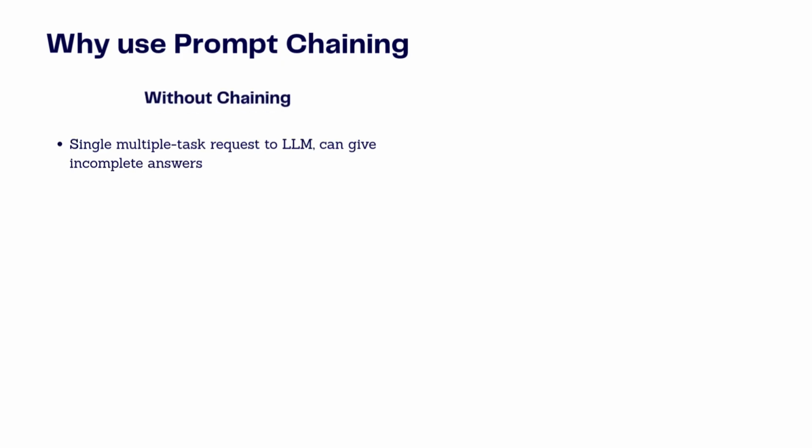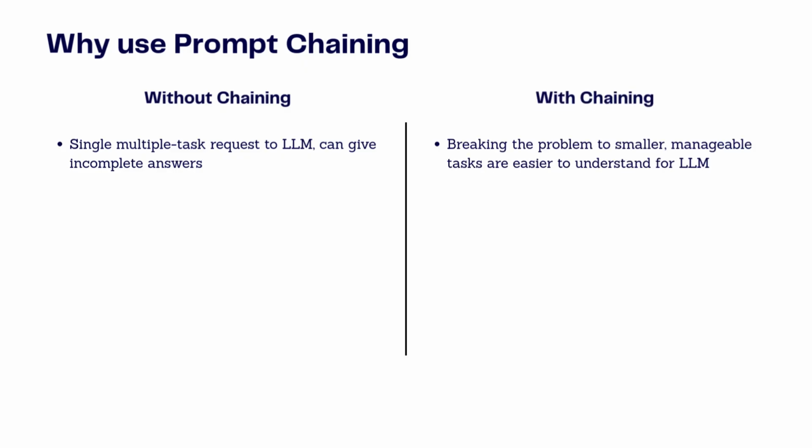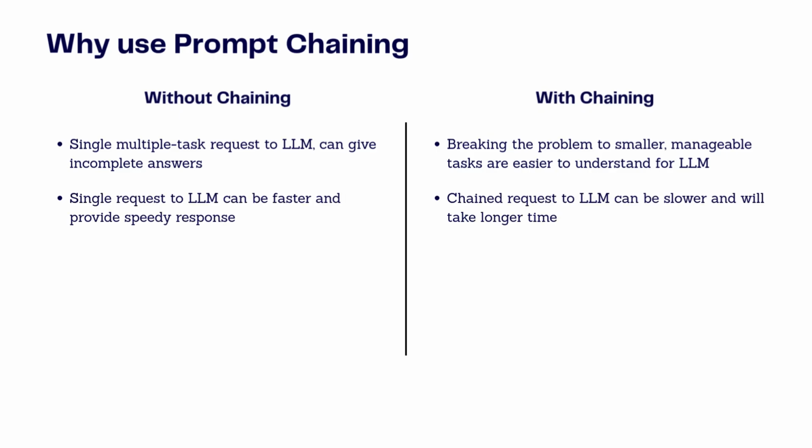Asking an LLM to handle everything in one go can often lead to messy or incomplete answers. By breaking the problem into smaller, manageable stages, each step becomes easier to understand, and the results are more accurate. There's a trade-off between speed and accuracy. Splitting a task into smaller steps can take a little longer, but it ensures precision and reliability at each stage and for the final outcome.